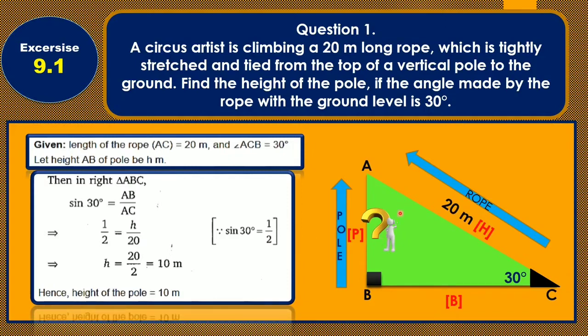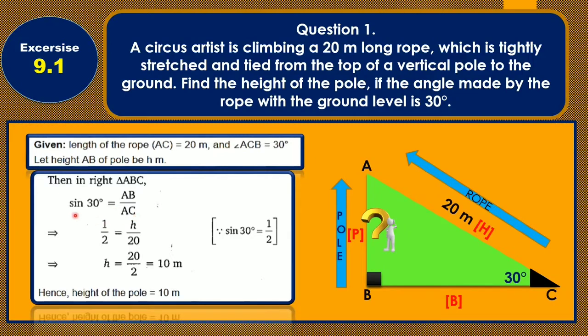Here you can observe we have the length of the hypotenuse, that is 20, and I need to find the side AB, that is the perpendicular. So which two ratios use perpendicular and hypotenuse? Two, that is either sine theta or cosec theta. Better we will use sine theta, which is equal to opposite side divided by hypotenuse. So here I am going to take sine 30 degrees, which is equal to AB upon AC.